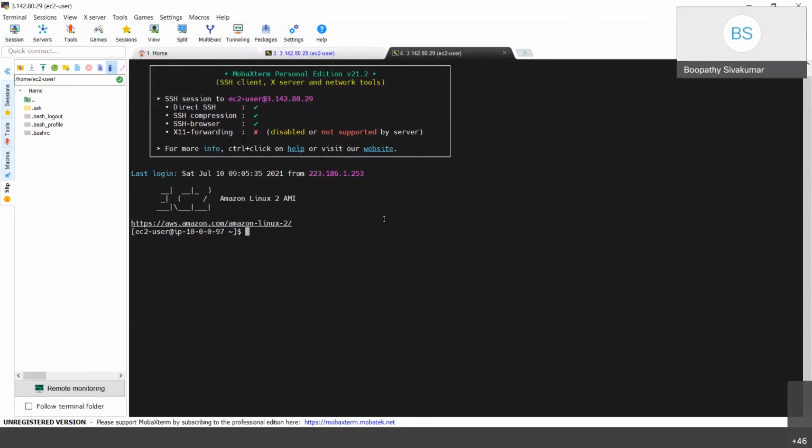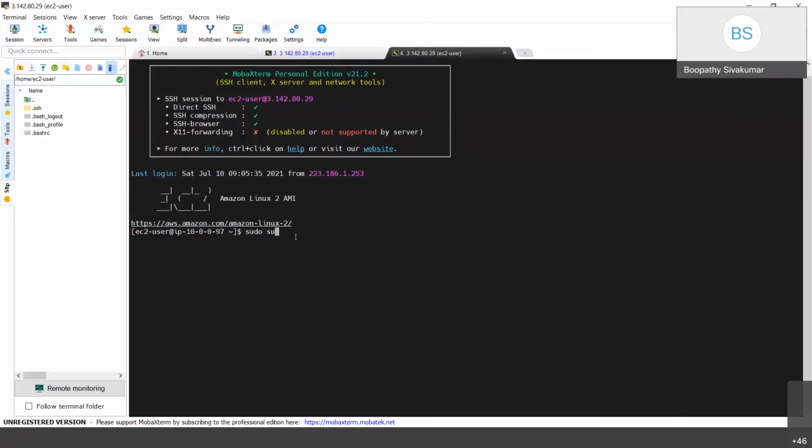The root user has all privileges, like an administrator. The ec2-user can also become an admin user, but it's not by default. For that we issue the command sudo su.